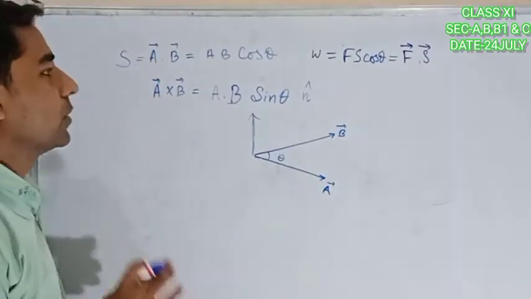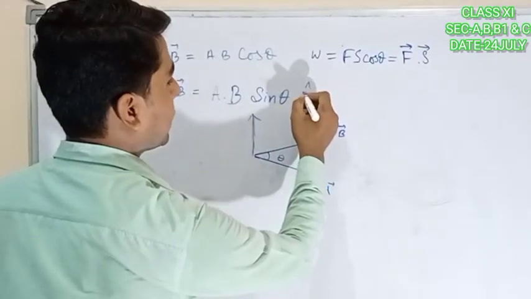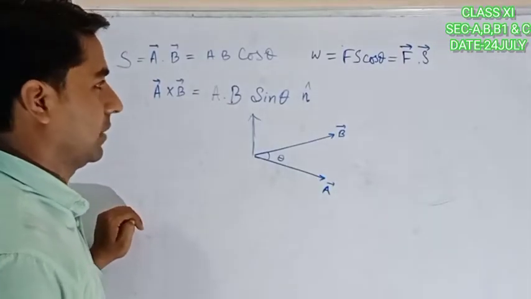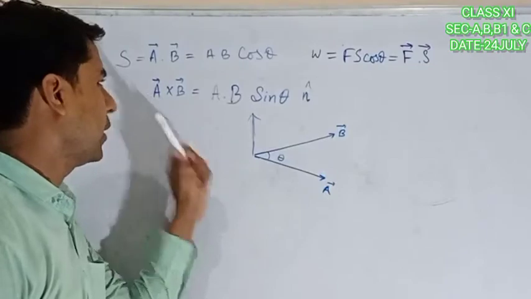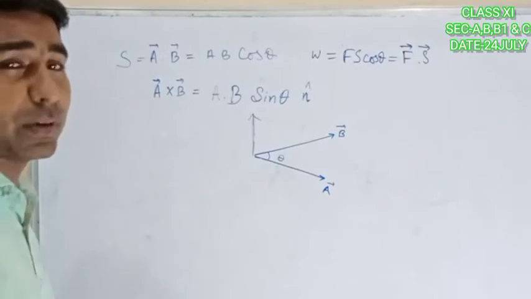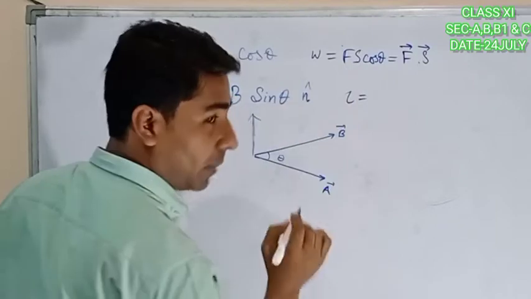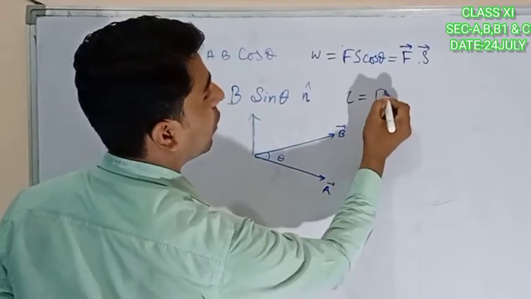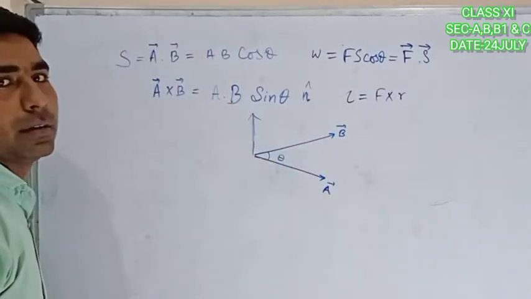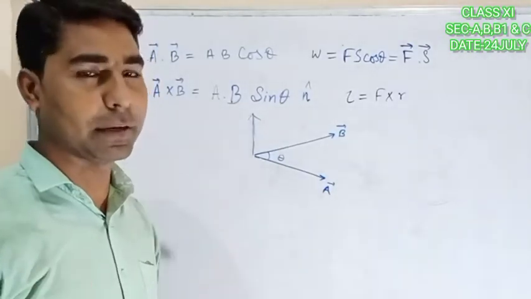In the cross product case, we must have one example too, with a direction also. So here I am putting the n cap as the vector value. The example of the cross product, the vector product, you have also seen in class 10. If you remember, torque is the moment of force, or torque is equal to force into perpendicular distance, written with R. Here the cross is without arrowhead, so it's just a simple multiplication.